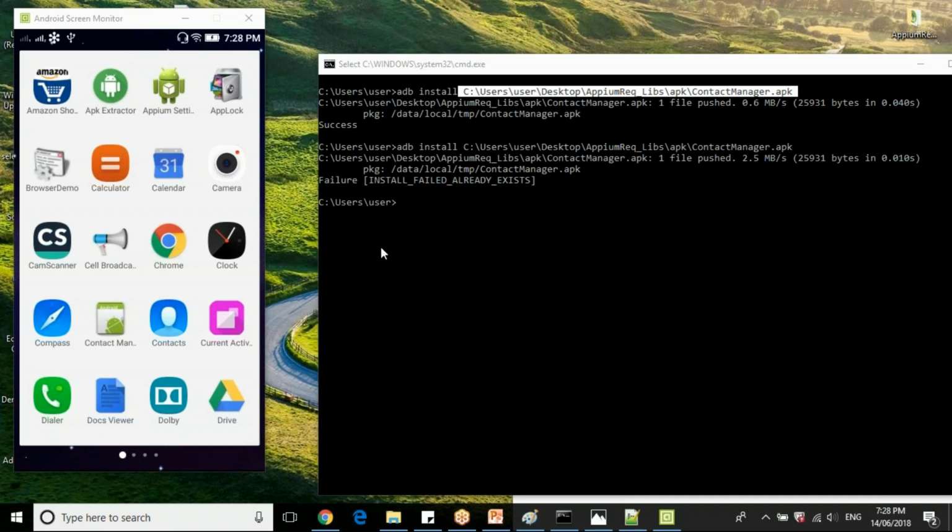If you want to uninstall, you need to know the package name of your application. So once you have installed it here, just remember this, guys: every Android application will have a unique package name.